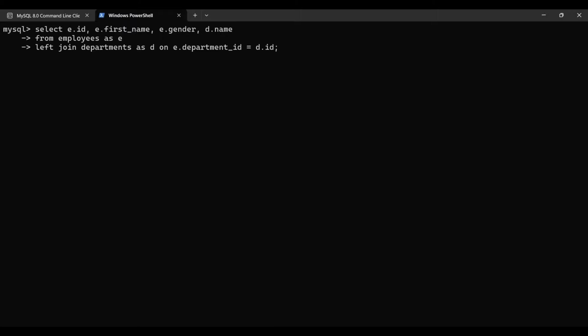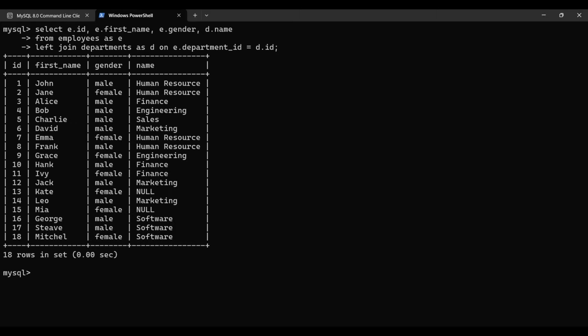The syntax is: select the limited columns id, first name, gender, and department name from employees as e left join departments as d on e.department_id equal to d.id. This query returns 18 rows. Why does this query return 18 rows? Because in a left join table,